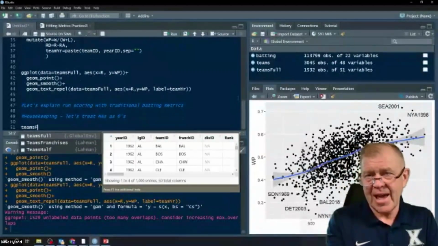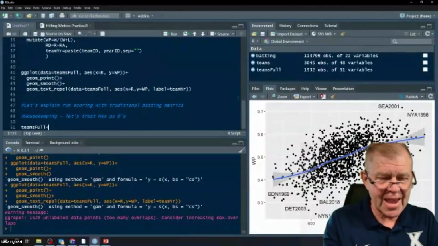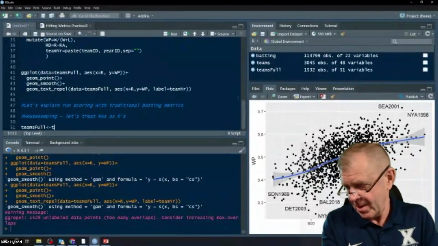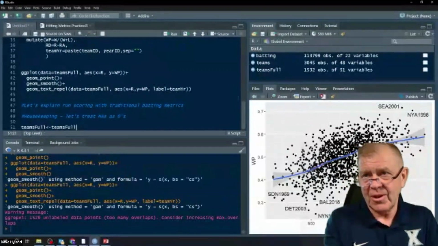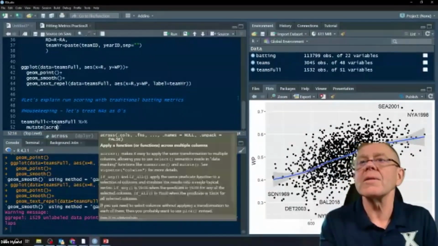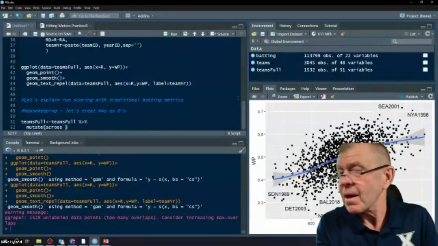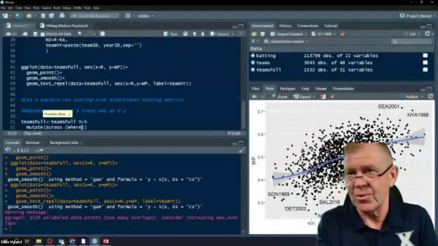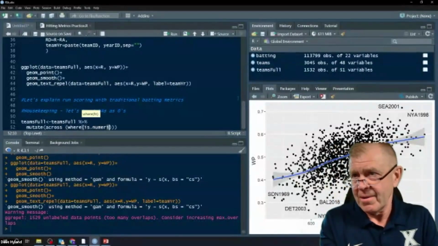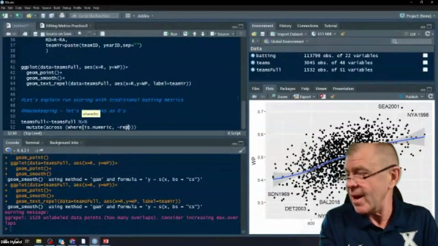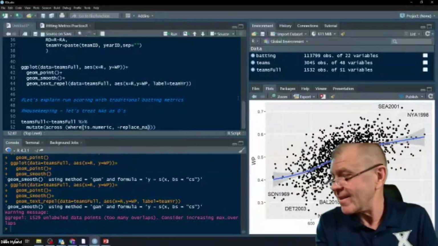We're going to start with our data frame, teams full, and overwrite it with our left pointing arrow. We're going to start with teams full, and what we're going to do is mutate across. And you're saying, how does he remember this? I don't remember this. These kinds of commands are really hard for me to remember, right? I find them in old code where I'm pulling it up, but I've really found that